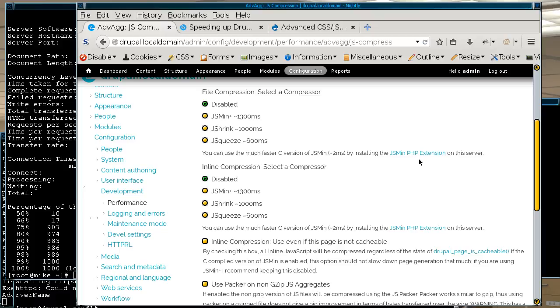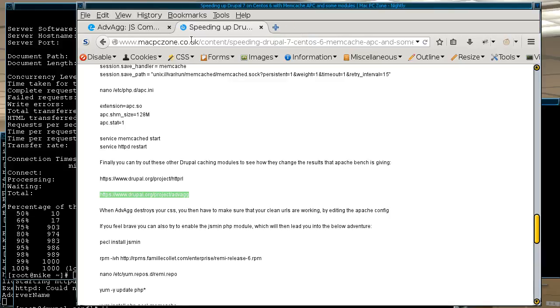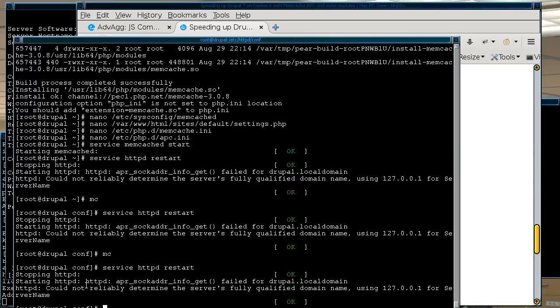But basically, this JSMin PHP extension is actually an extension that has to be compiled in. So you'd think that all you have to do is just get a hold of it and download it. So what we'll do is, let's see what happens if we actually try to do that. So we're going to use the Pecl command to try and install this extension to PHP. And so when we run it,